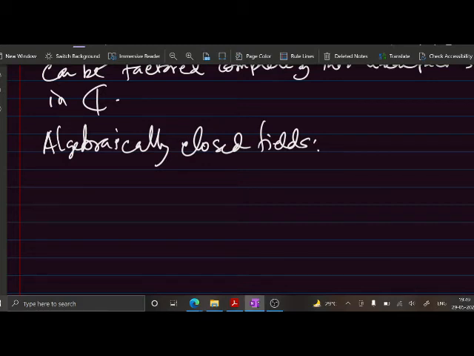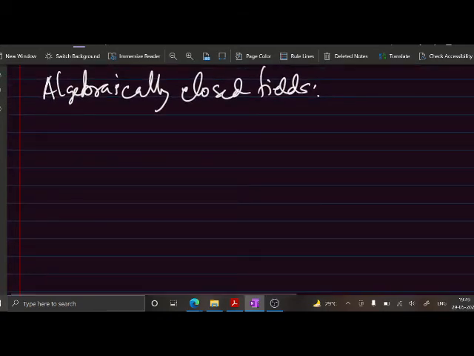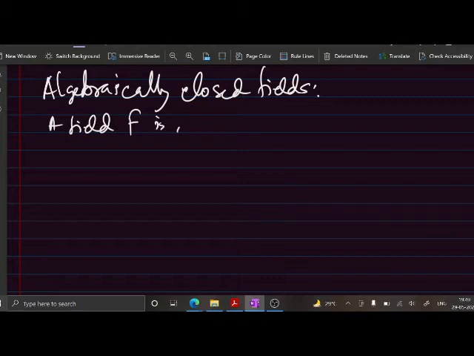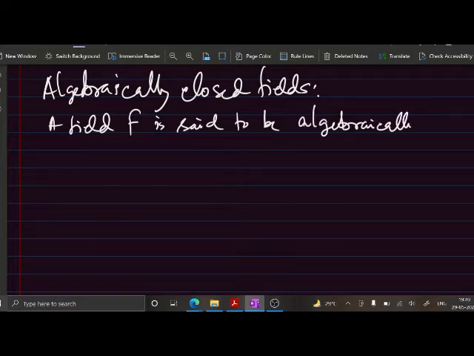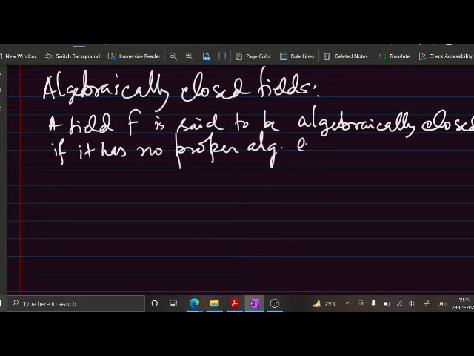Algebraically closed fields. So C is a model of these kind of fields. Algebraically closed fields means, so a field F is defined to be algebraically closed if it has no proper algebraic extensions, that is, if